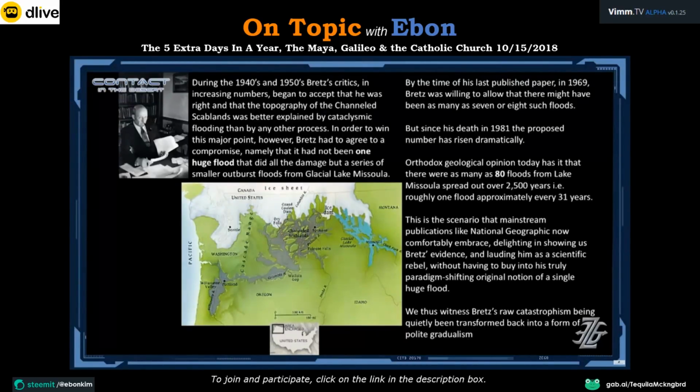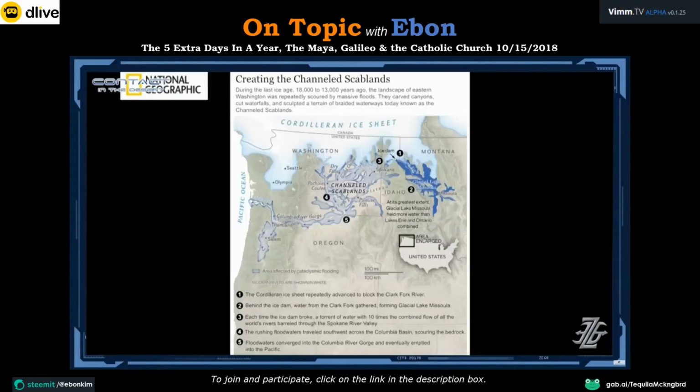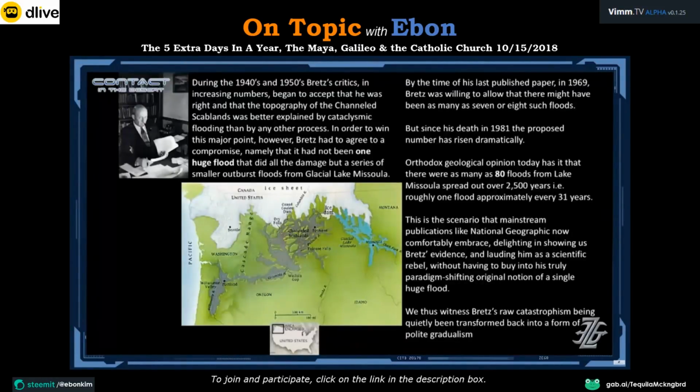And it came out of this. It came out of glacial Lake Missoula, a lake created by an ice dam that blocked the Clark Fork River. Okay, so this is glacial Lake Missoula, and the theory is that the water builds up behind the ice dam. It actually gets to be 4,000 feet deep. There isn't a dam in the world that's impounding water more than 400 feet deep. 4,000 feet deep. And then it breaks the ice dam and the water spills out and begins to create the